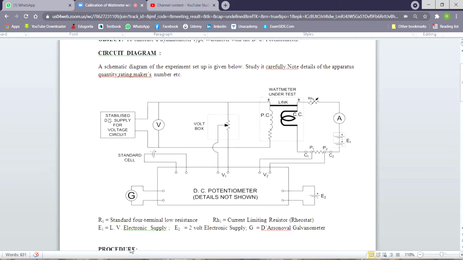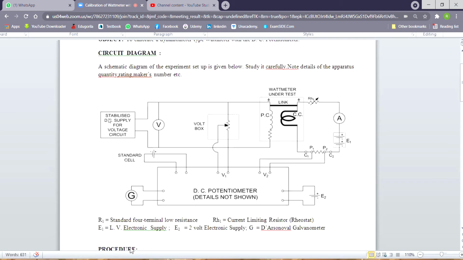Now only one thing remains here that is not yet discussed. That is how to keep the slide wire current constant. The slide wire current is called working current. If we keep the working current of the potentiometer constant, then its length will be proportional to the voltage under null condition. So how to keep our working current constant to a set value?